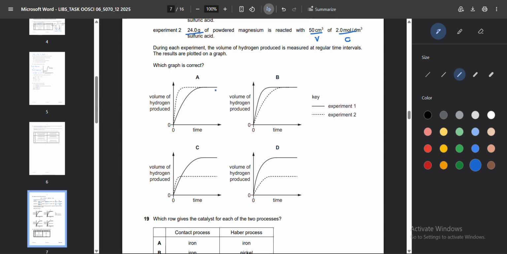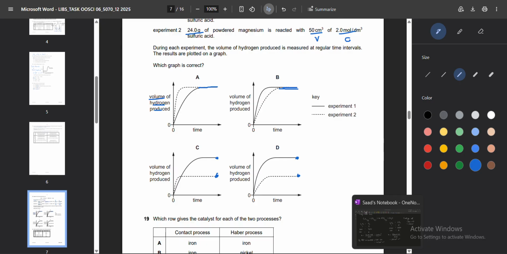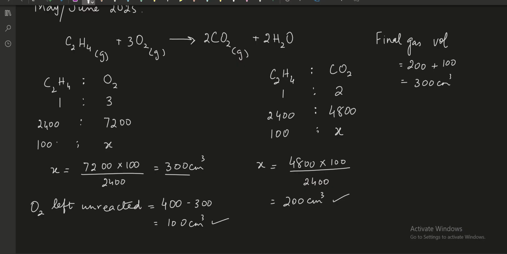Okay, in these 4 graphs you can see in A and B, it's written the volume of hydrogen gas produced. Here we have the same volume of hydrogen gas produced in experiments 1 and 2 in A and B, whereas in C and D the volume of hydrogen produced by experiment 1 and 2 is different. Now we have to see out of these 4 which is the correct option. So we can